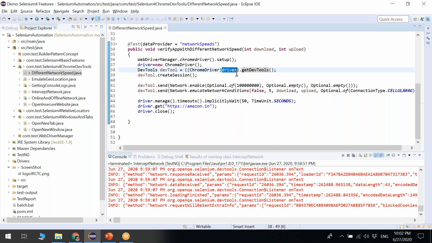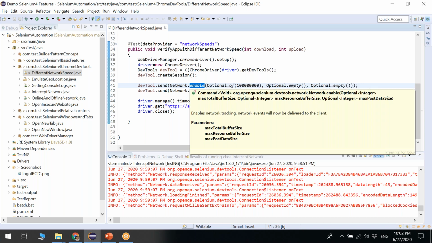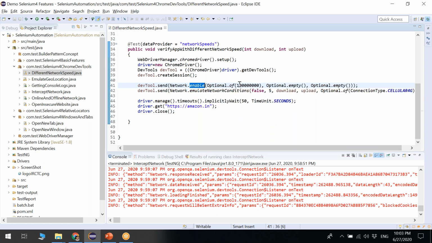I'm using getDevTools, casting drivers, creating session, and here devTools.send. In the last example we saw we are passing Network.enable. Whenever we call this, we have to pass 3 parameters: max total buffer size, max resource buffer size, max post data size. In the first, max total buffer size, I am passing 1 and 8 zeros, and the other two parameters I am just keeping empty.